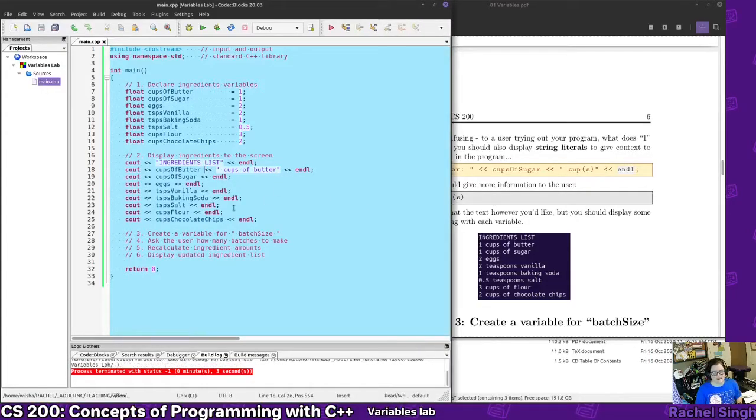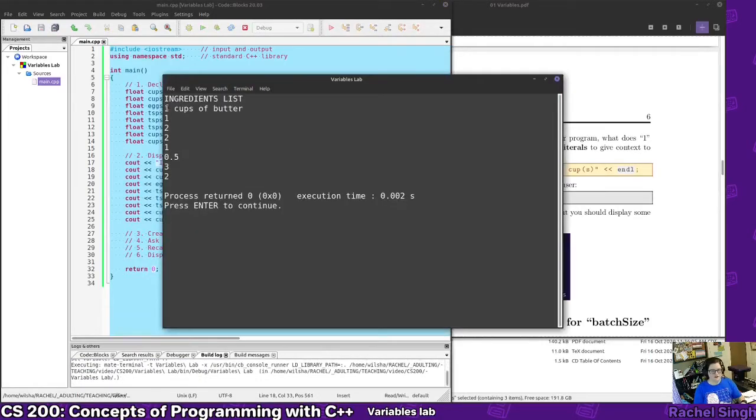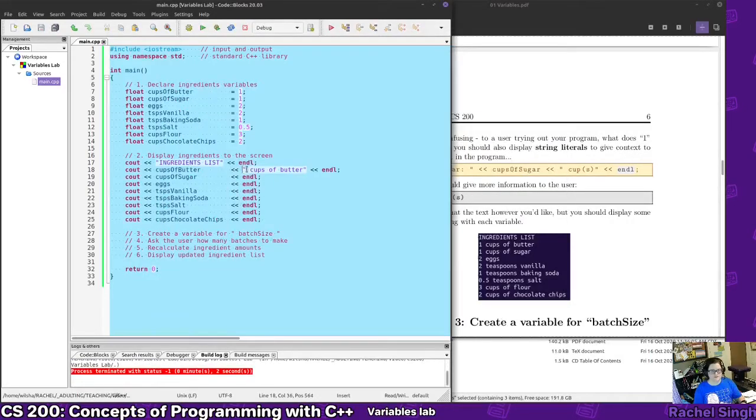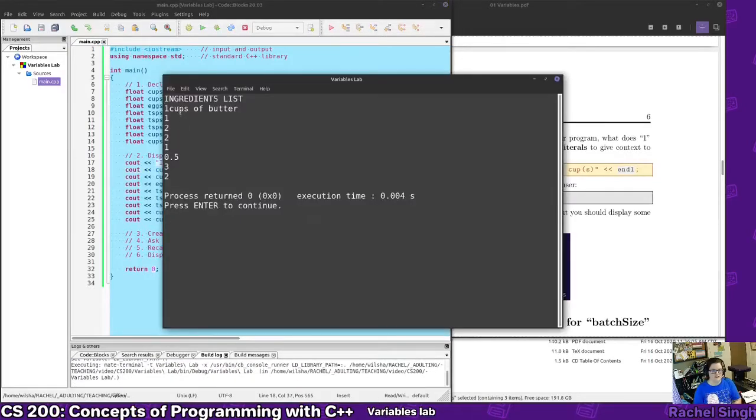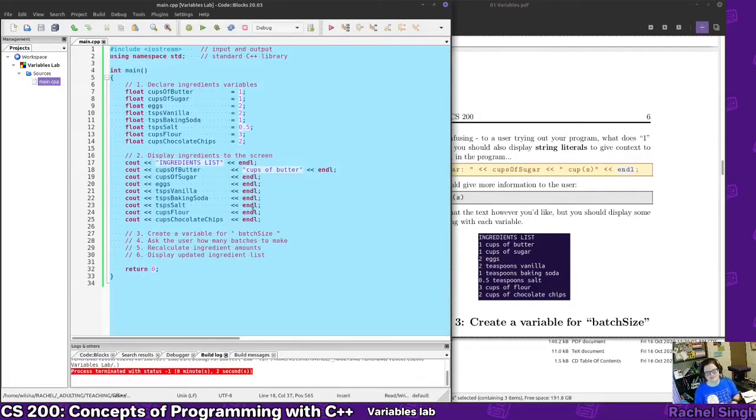So I'm going to space these out again so that I can have everything nice looking in the code, even though adding spaces here isn't going to add spaces into the program. Only whatever's in that string literal. So I have space cups of butter. Because if I didn't have a space here, it would be 1cups of butter, and that doesn't look nice. So we have this. We'll do cups of sugar,